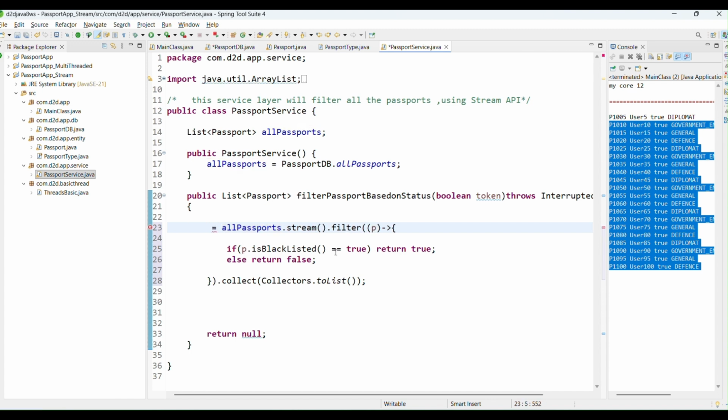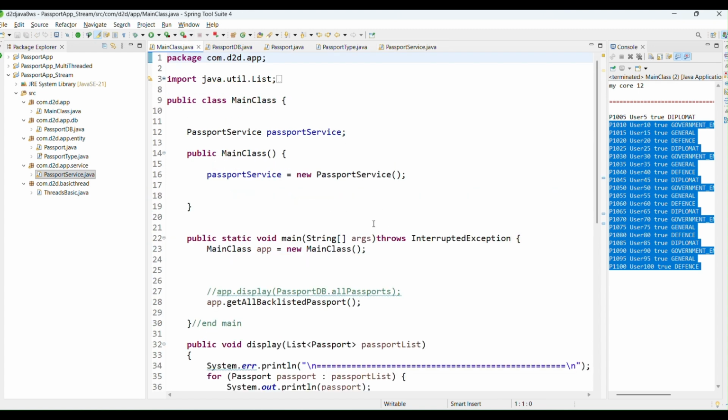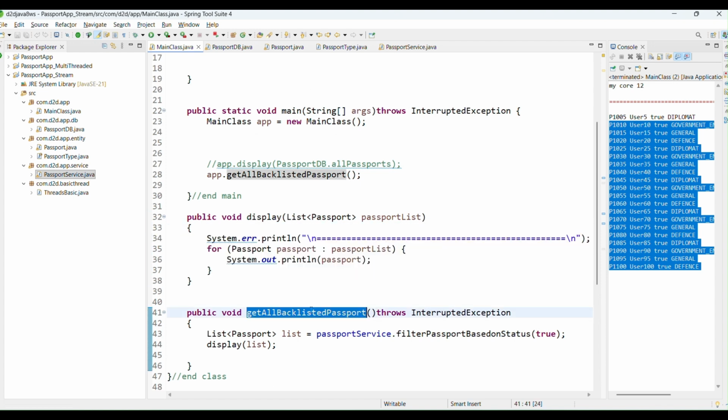So this is the list of passports, and this one is all the blacklisted passports. Okay, and this list I'm returning it back again. What happens right there is that this list is being called from main. So this one is my main, and display and get all, this is filter passport and true, and